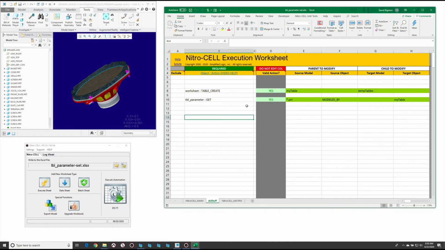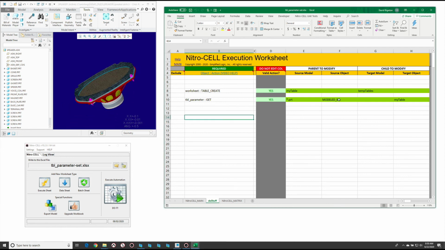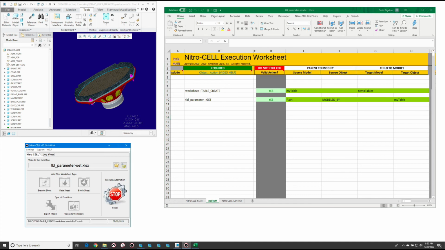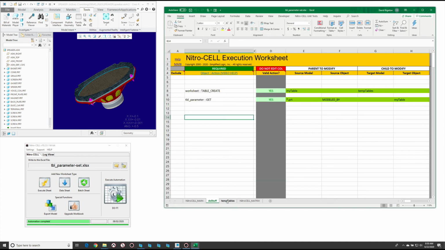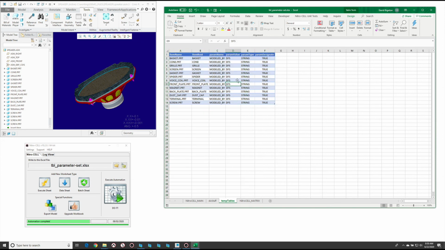So let's assume for a second that we want to modify all of the part files within this assembly to update a specific parameter name within there. The easiest way to do this is to just export the data that we're looking for. And we can modify this in a couple of ways. One way would be to just come in and do an update of those values and then resend the data